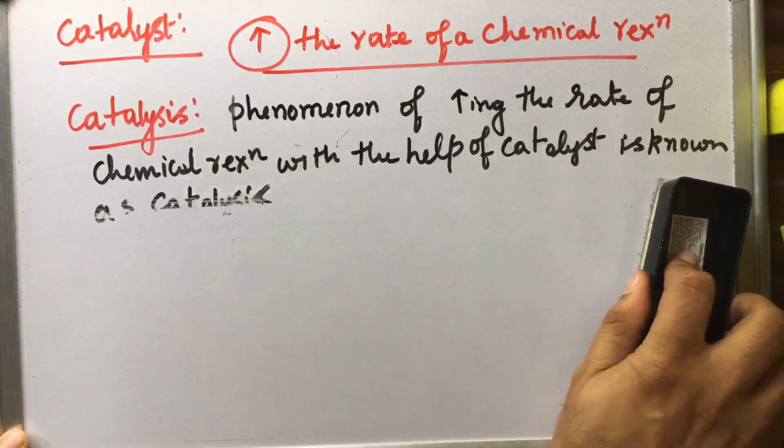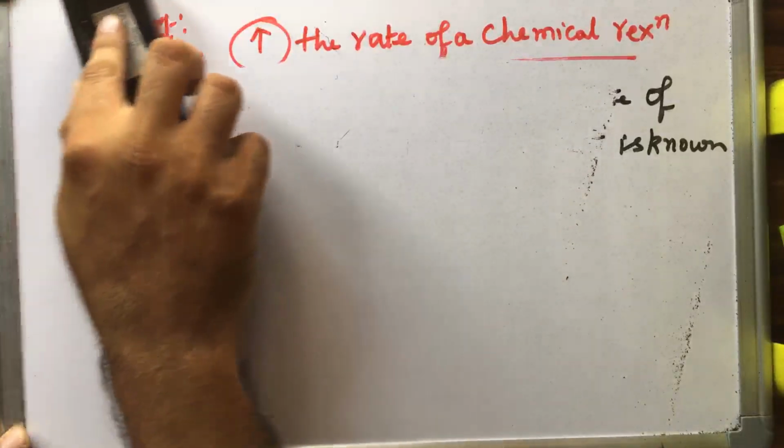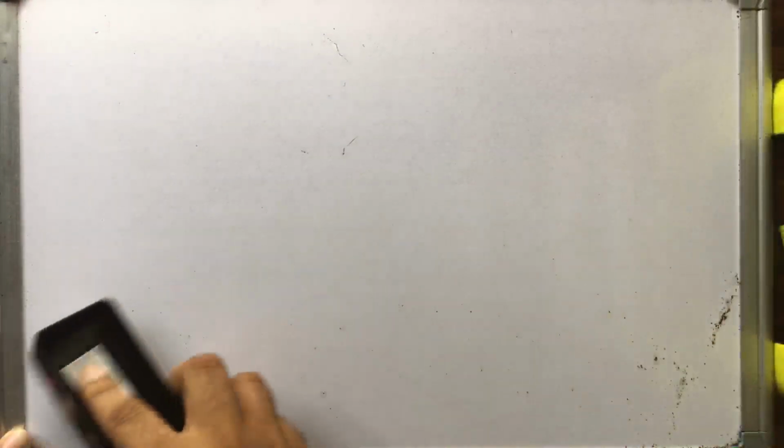Then we have given the examples. I told you definition of homogeneous catalysis, definition of heterogeneous catalysis, and examples of homogeneous catalysis and heterogeneous catalysis. All these are said to be important. After studying these many things, I think yesterday we have differentiated between homogeneous catalysis and heterogeneous catalysis. Even that part is also over. Did we study about that, students? No. So what we have studied is only up to the examples of heterogeneous catalysis.